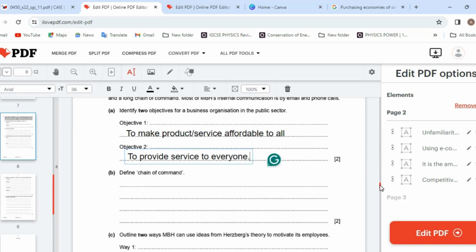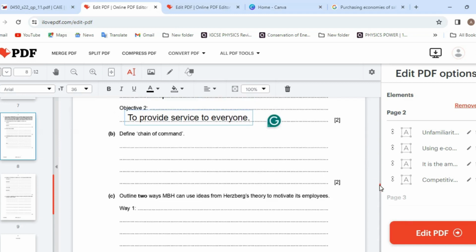Question B says, define chain of command. What do you understand by chain of command? Of course, it shows how communication and tasks are being passed down the business from top to bottom. Let's put it in text to define our chain of command. Let's type, chain of command